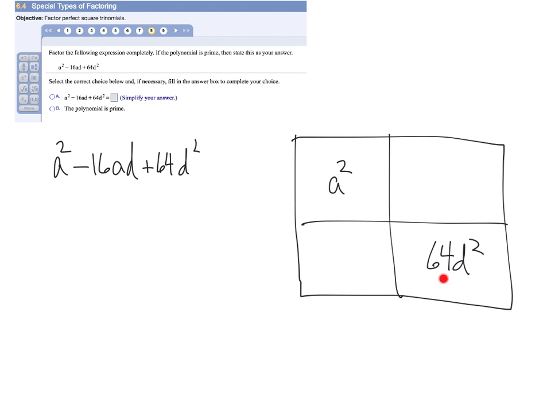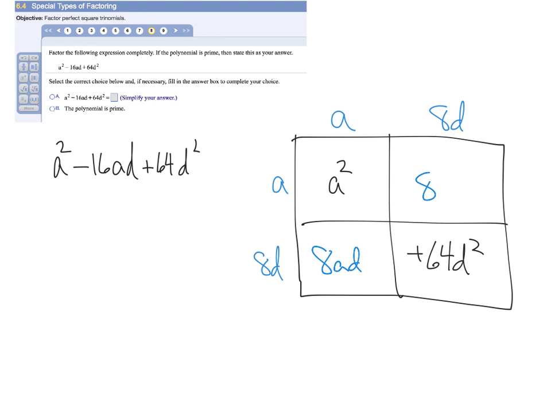And we see that both of these are squares. For a, well, that's a times a. And for 64d squared, by the way, that should be a positive, I should put that positive there. And so 64d squared, well, that's 8d and 8d. So when we fill in our internal terms here, that gives us 8ad